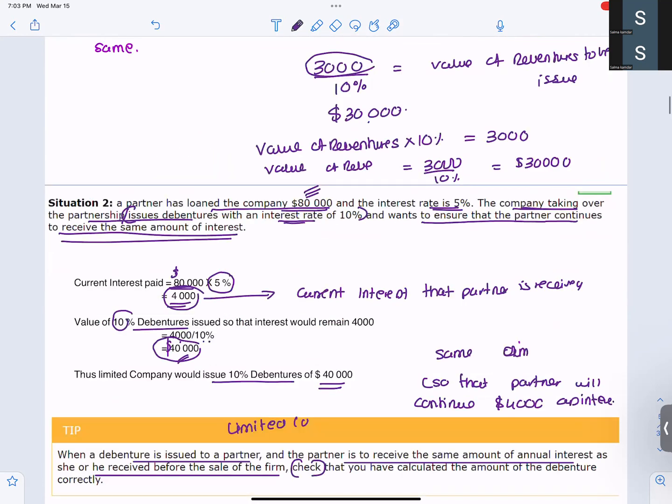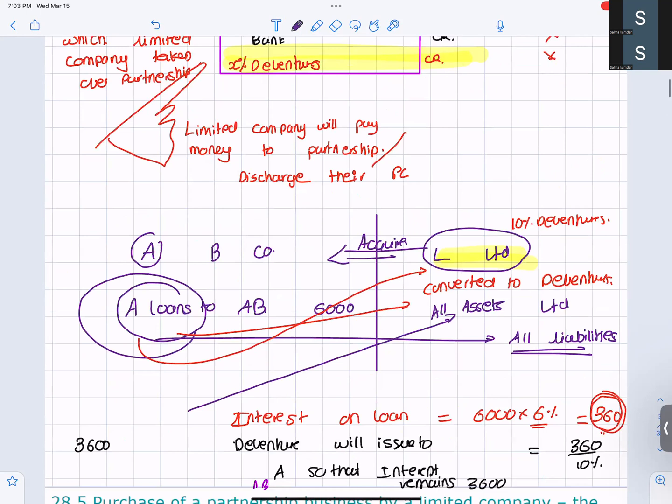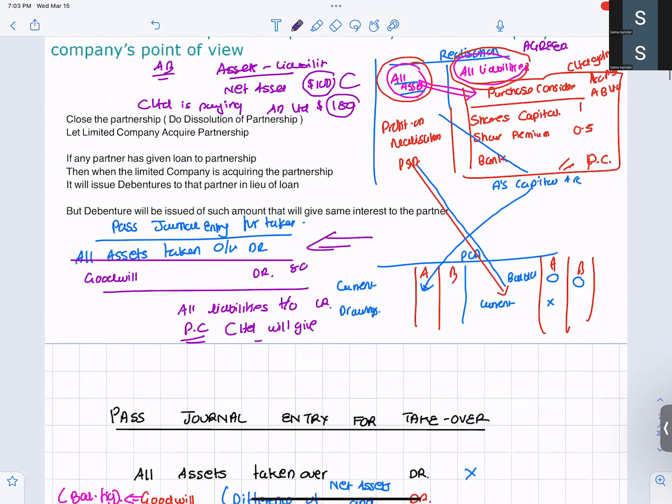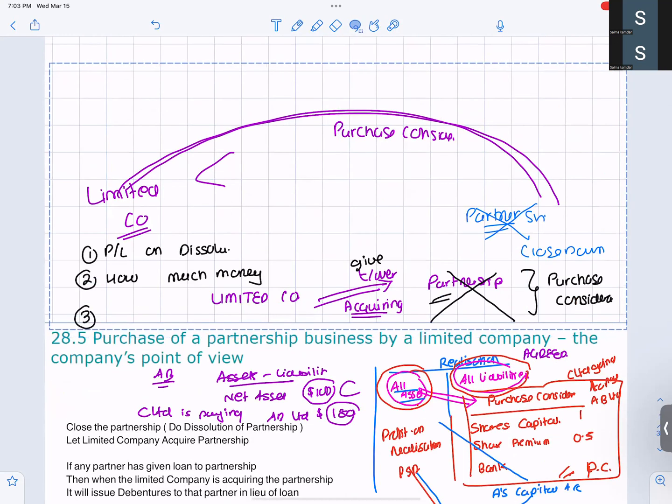So the first thing that I always need to know is if the partnership firm is acquired by the limited company, and if there is a loan to partner, then the limited company has to cancel this loan and it has to issue the percentage debentures in such a way that the partners receive the same amount of interest. I hope this is very clear. Okay. Now the part two of this is